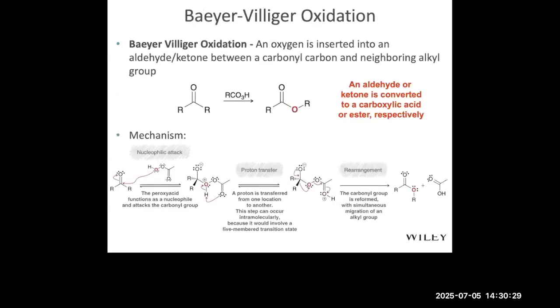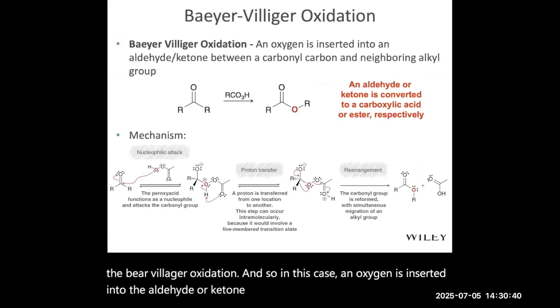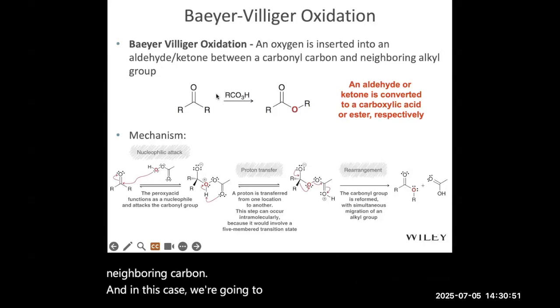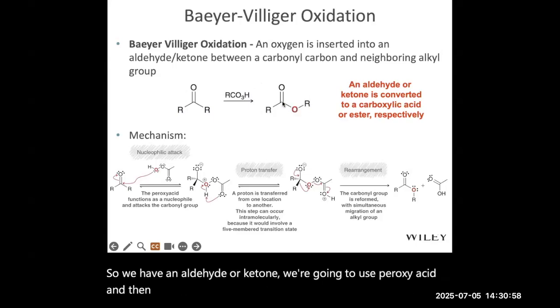And the last reaction that we're going to learn in this chapter is called the Baeyer-Villiger oxidation. And so in this case, an oxygen is inserted into the aldehyde or ketone between the carbonyl group and the neighboring carbon. And in this case, we're going to use the peroxy acid to pull that off. So we have an aldehyde or ketone, we're going to use peroxy acid, and then we end up creating this